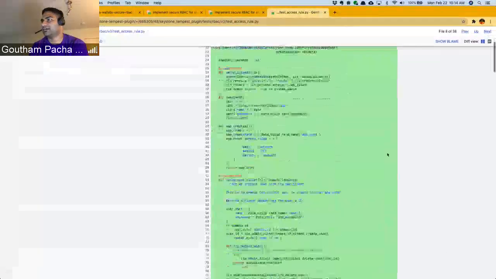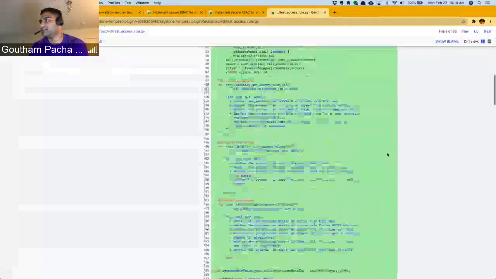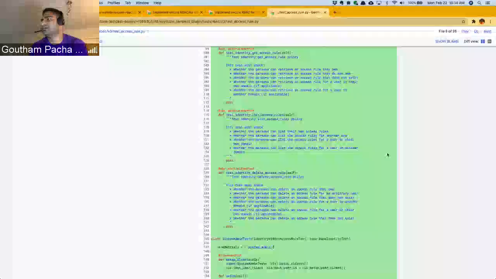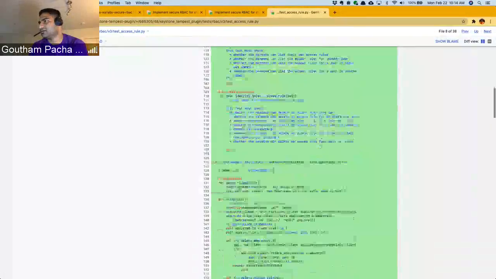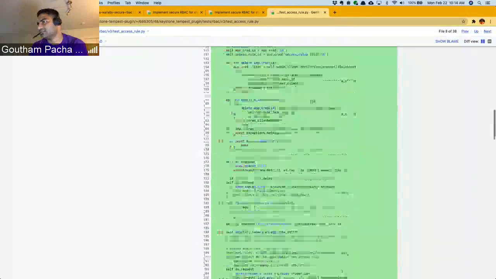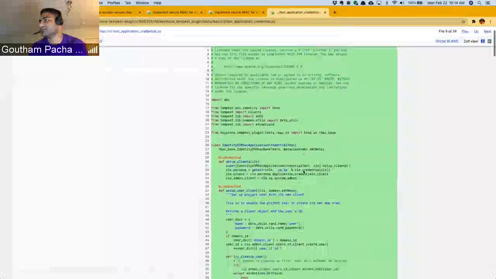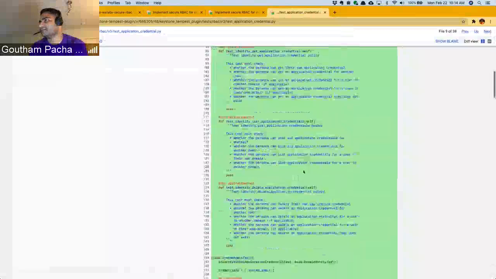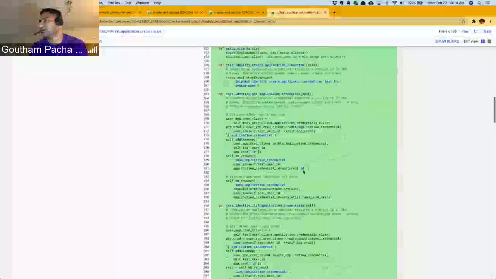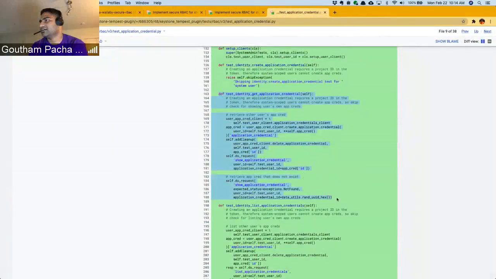And the test cases, like for example, this one, no, these are not. What is this? These are ABC methods. Okay, hold on. These are not test cases. This is a test case class. Oh boy. All right, here's one. Test identity get credential. So